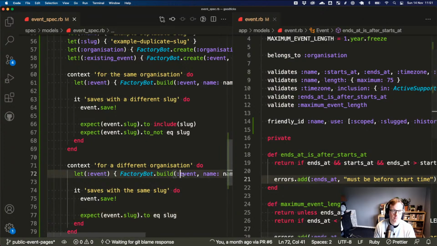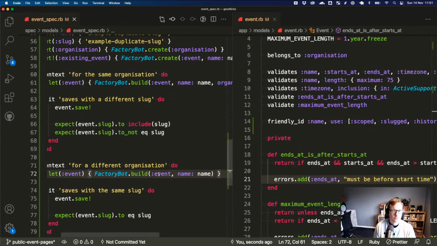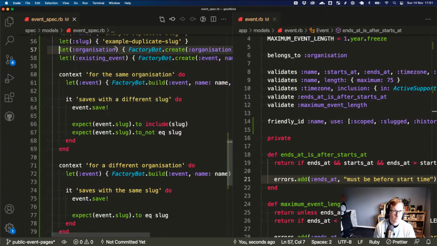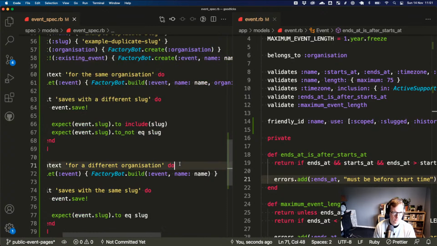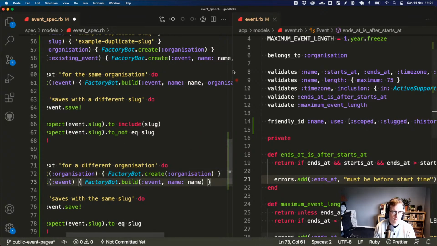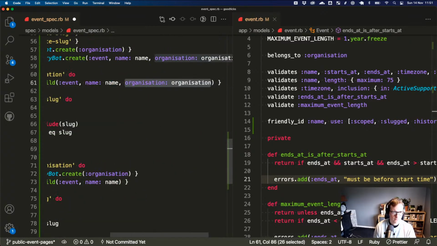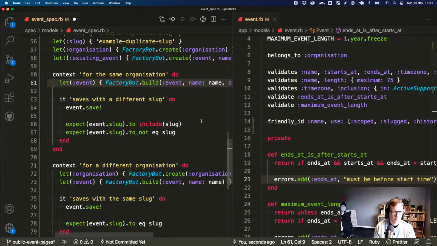Organization can't be blank. And that doesn't build the association. I think we can just do, I think there we can do another one. No, we probably don't want to do that with the same name because it might just.